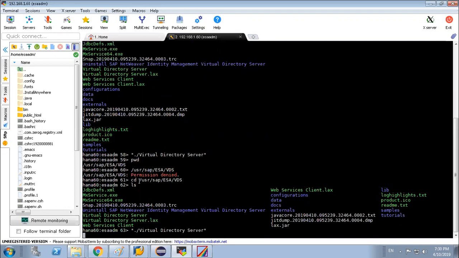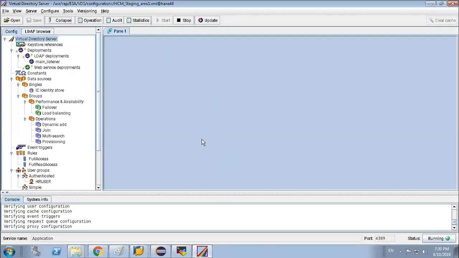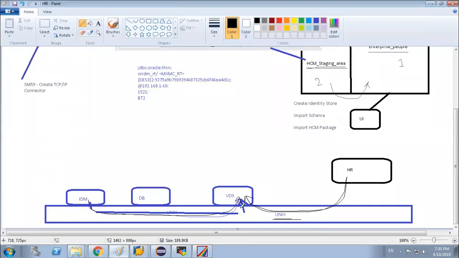What is the path? /usr/sap/esa/vds, because within this path on the Unix server, our virtual directory server is installed. So I went to this path, cd /usr/sap/esa/vds, and then finally opened using this command, ./virtual directory server. I opened this VDS, which is actually opening on Unix.